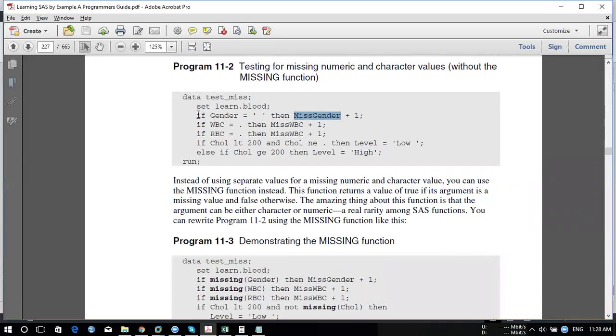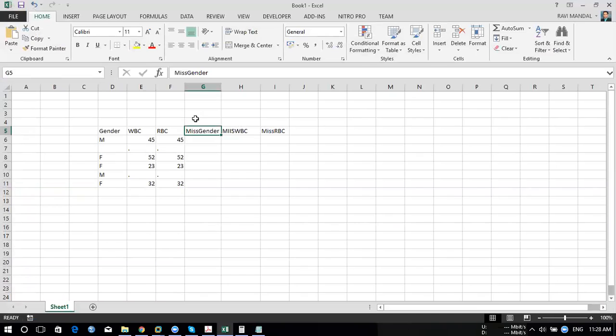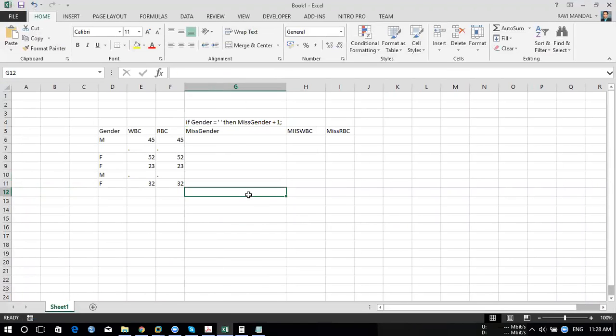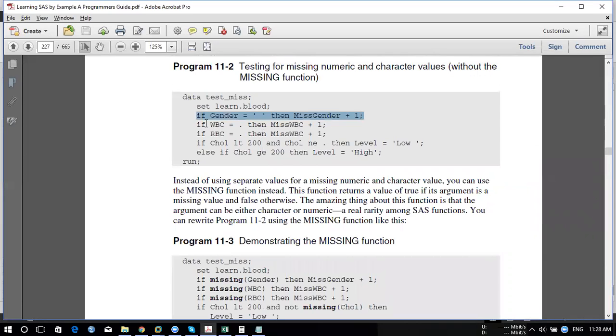We are trying to get these conditions to be implemented. So we said this condition is this, and this is another condition.